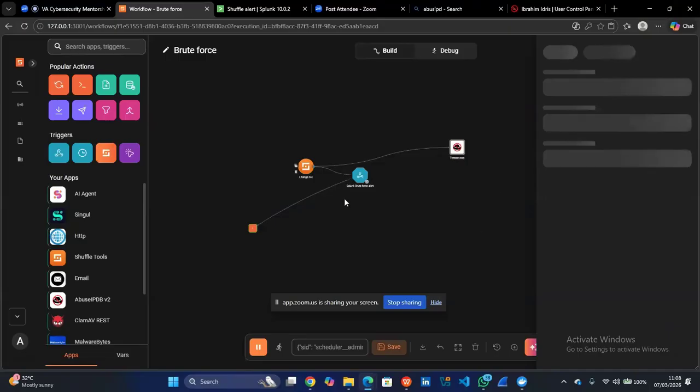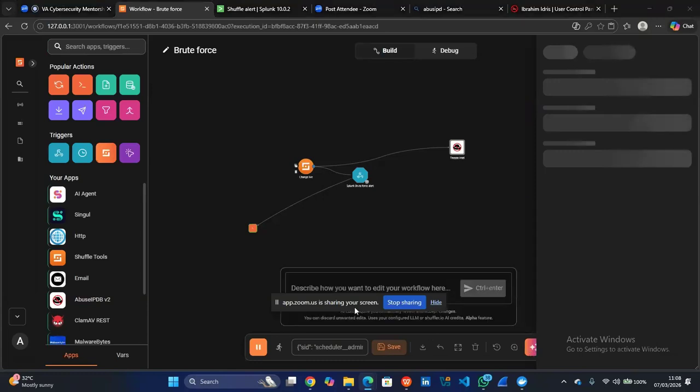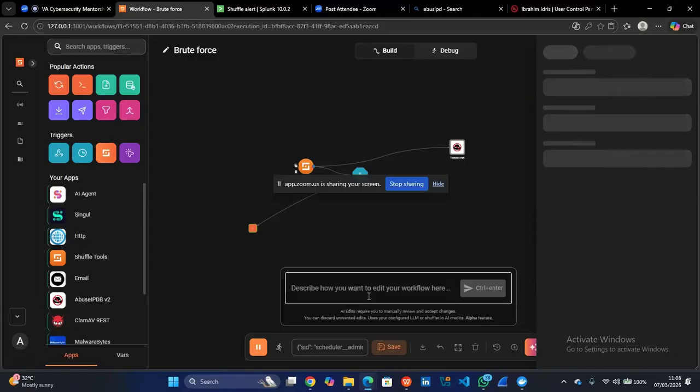So basically I just hope you guys understand how Shuffle works and how you can use Shuffle to build automations, because you can leverage every single application. You can search for any application that comes to your mind. As long as you know an application can be used to do something, you can search it up right here, or even ask Google if the application is in Shuffle. And they have a really cool AI feature right here, where you can just describe what you want and it will automatically generate a workflow for you. No matter how big the workflow is, you can just enter whatever you want, and